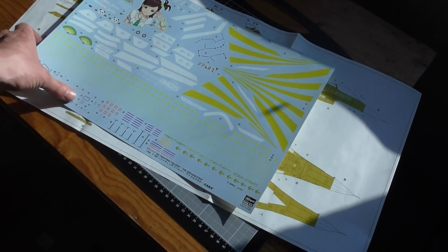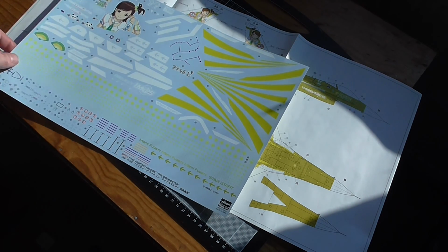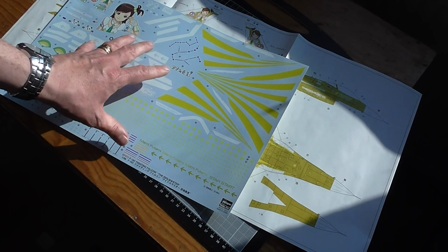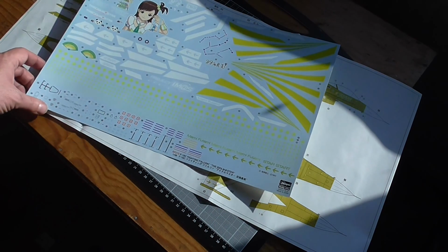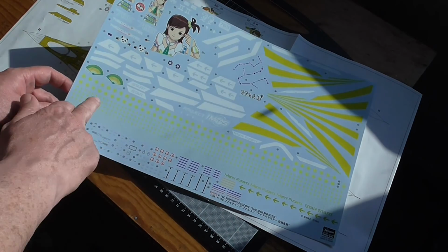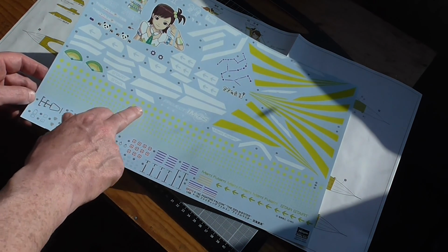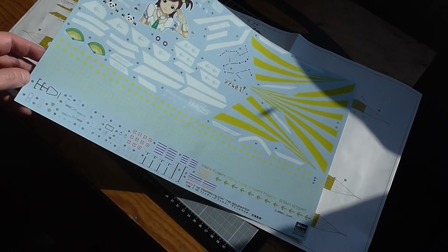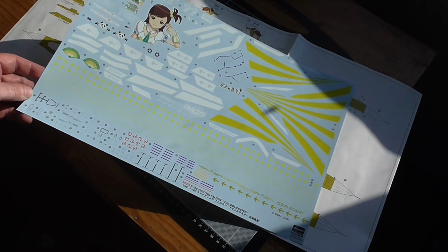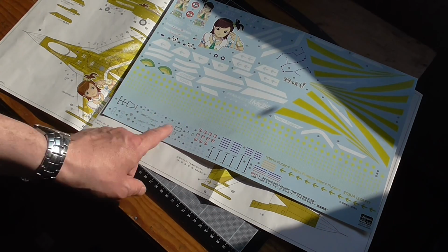And you do also have the option of using these as templates for masking and actually painting the whole lot, and then just putting the rest of the decals on that you need. Now, all of these individual stars, small, medium and large, are individual ones. So that is a decaling job and a half, as well as all the